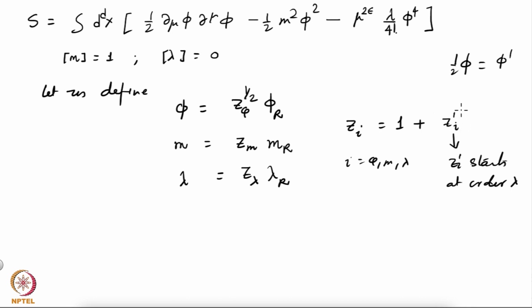It doesn't have an order 1 term. It will be lambda times something plus lambda squared times something and so forth. That's the redefinition I do, and these constants z phi, zm, and z lambda